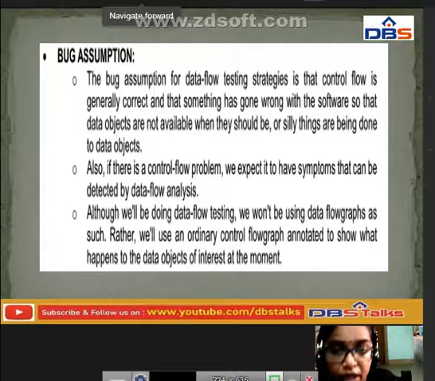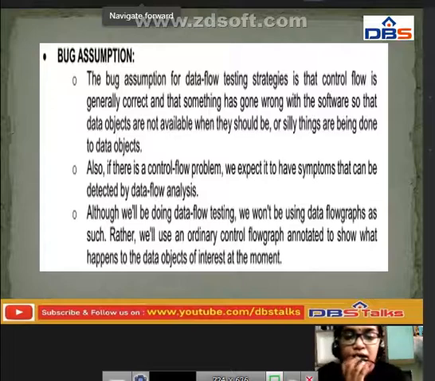If we are using ordinary control flow graphs, they are annotated to show what happens to the data objects of interest at that particular moment. We won't be using the data flow graphs as such, but rather an ordinary control flow graph to show what happens to the data objects of interest at that moment.